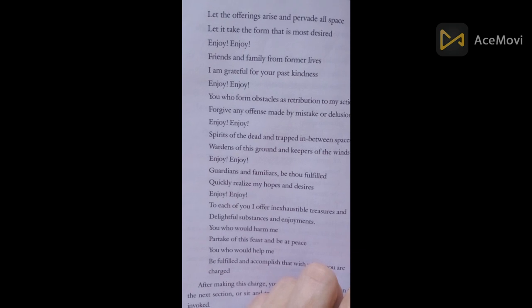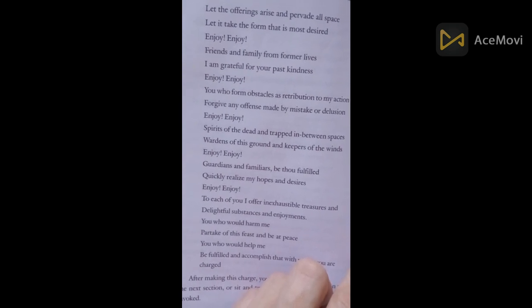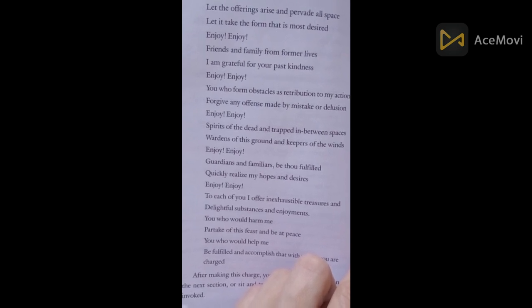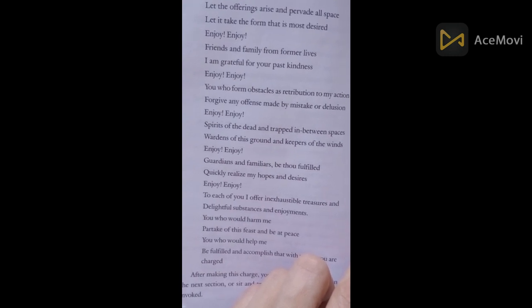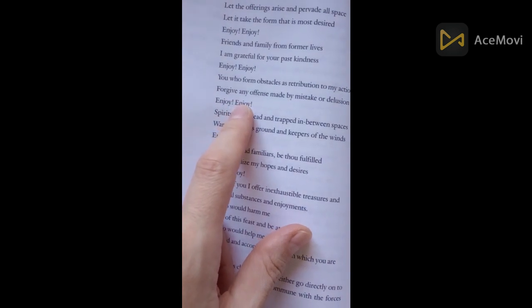Enjoy, enjoy. Friends and family from former lives, I am grateful for your past kindness. Enjoy, enjoy. You who form obstacles as retribution to my action, forgive any offense made by my mistake or delusion. Enjoy, enjoy. Spirits of the dead, and that one right there, that one,